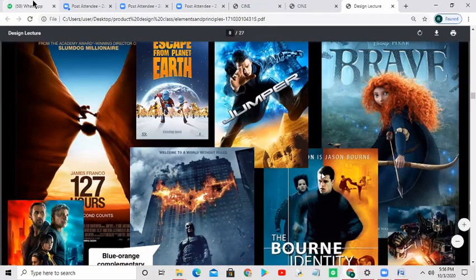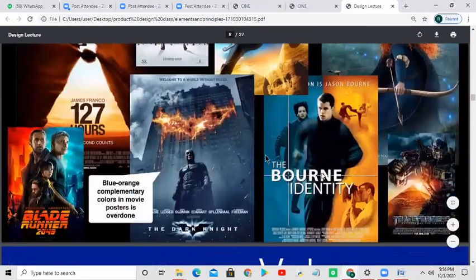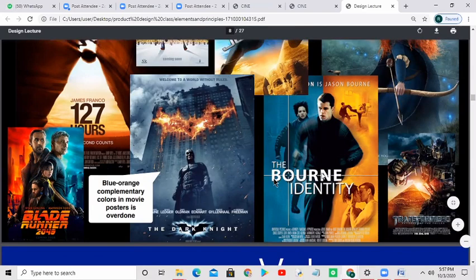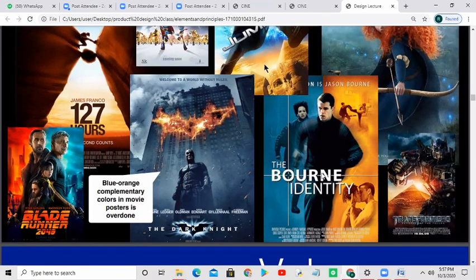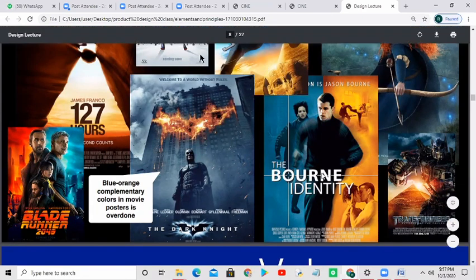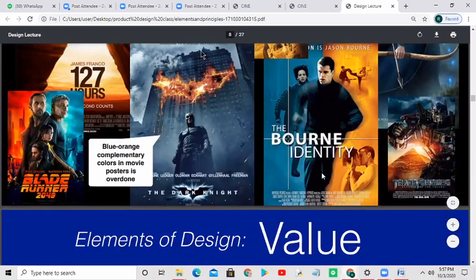All these colors in the poster will also affect the background. Now, if you put this poster on an orange wall, it will definitely not have a good impact. But if you put it on a yellow wall, or a wall which has no base color or a neutral color, it will have more effect. So when you talk about interiors, especially the paints, the color choice is very important.